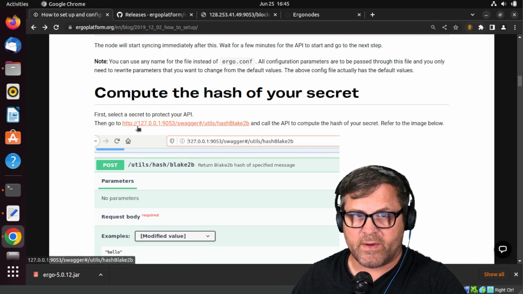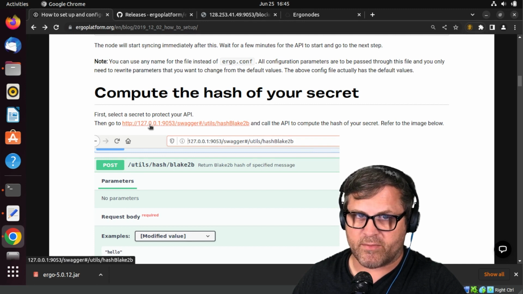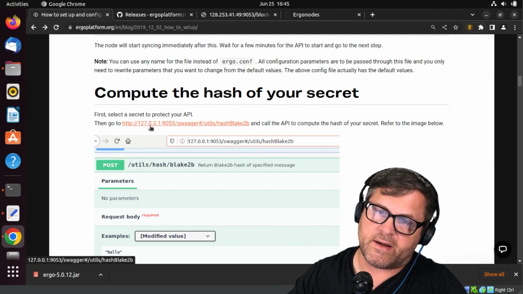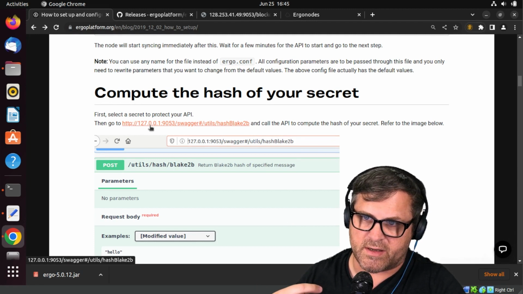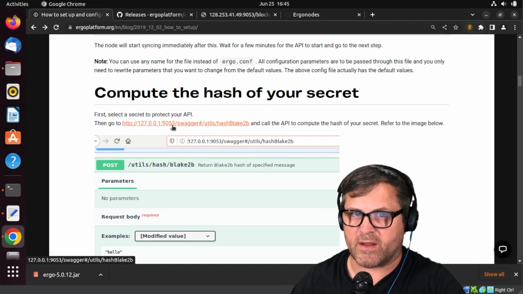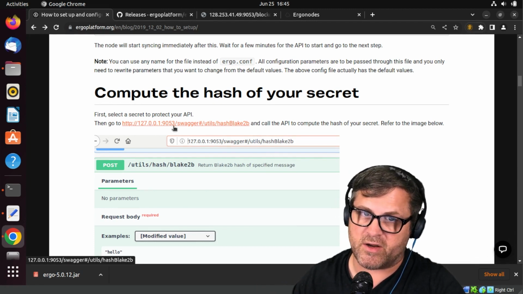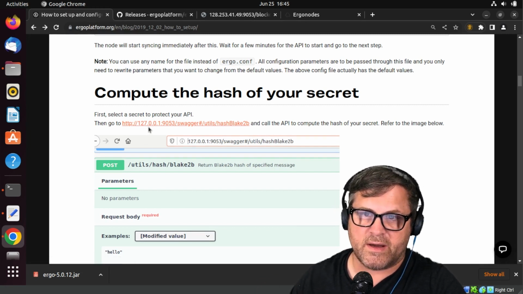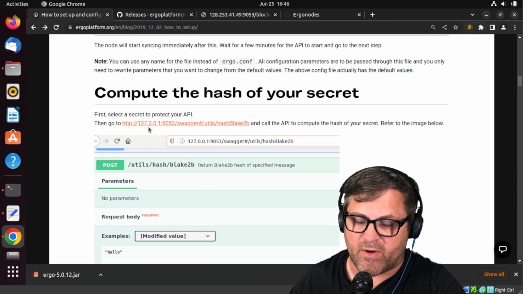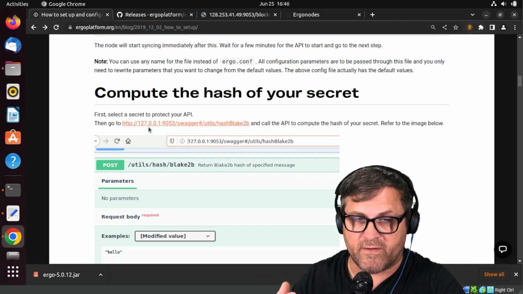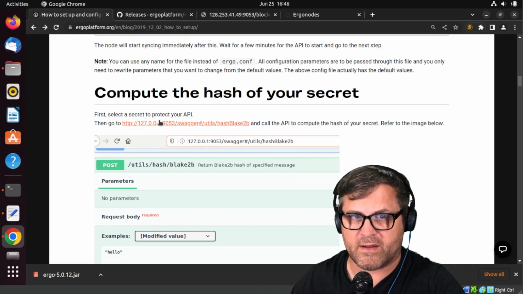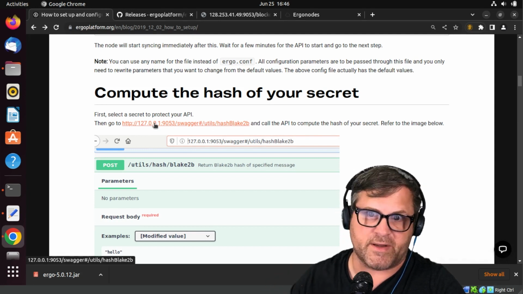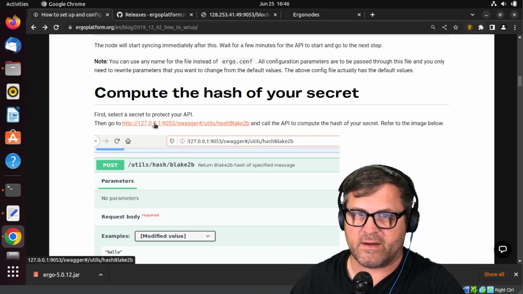So if you look, we have 127.0.0.1. That is a local loopback address. So essentially, whenever I type that into the browser, it doesn't go out to the internet. It looks at your machine internally and tries to go to whatever port or address is specified just on your machine. If you try this address somewhere outside of your network, it's not going to work. If you tried to run this address from your phone, it's going to be just looking at your internal phone address and not going to do anything.